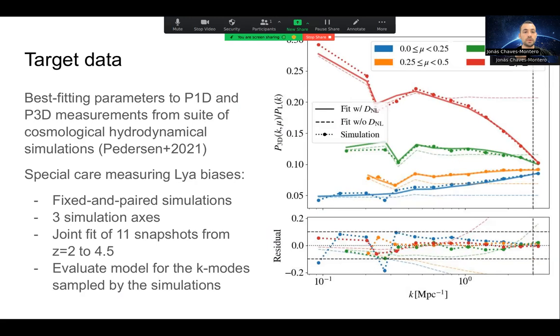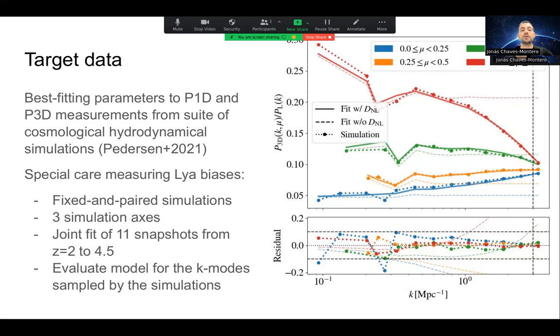So the input data that we use for training the emulator are the best-fitting parameters of the model that I showed before, to one-dimensional and three-dimensional power spectrum measurements from a suite of cosmological and hydrodynamical simulations. These are 30 simulations of 67.5 megaparsec per side. These simulations are small, and as I said before, we want to measure the alpha linear biases that set the large-scale behavior of the power spectrum. So we have to pay special care in order to reduce the impact of cosmic variance on the training